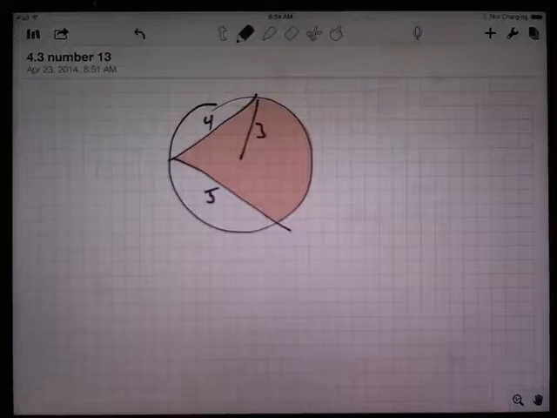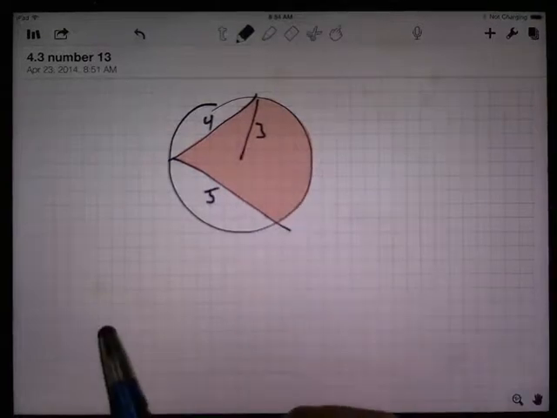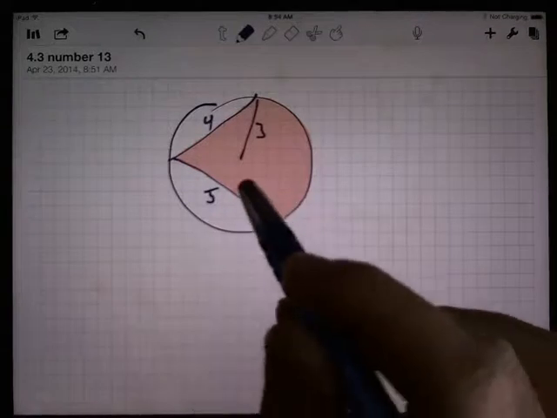Here's section 4.3, number 13. Find the area of the shaded region here. The trick to doing this one, there's two tricks. One of them is,